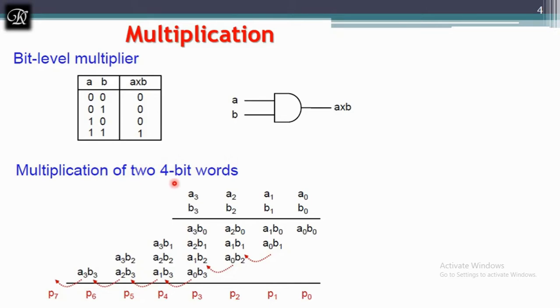We'll see how we performed the multiplication of 4 bits in the previous discussion. We called it M over there. Now I'm going to name the multiplicand A and the multiplier B. Each bit is multiplied: B0 is multiplied with all the bits of A, B1 in the next stage is multiplied with all the bits of A, B2 is multiplied with all the bits of A, and B3 is multiplied with all the bits of A. Each stage contributes a partial product, which we can see over here. This is how we performed the previous example.